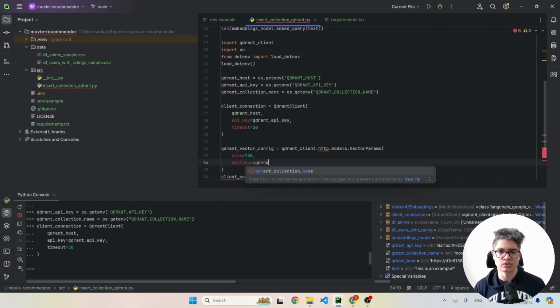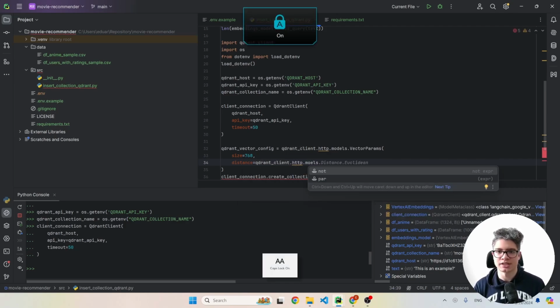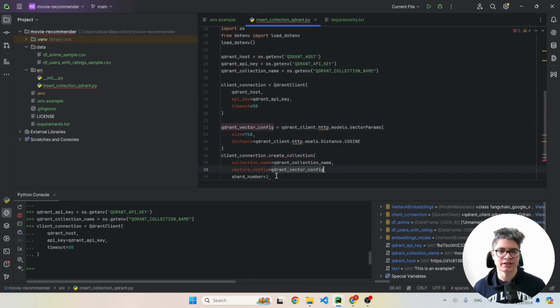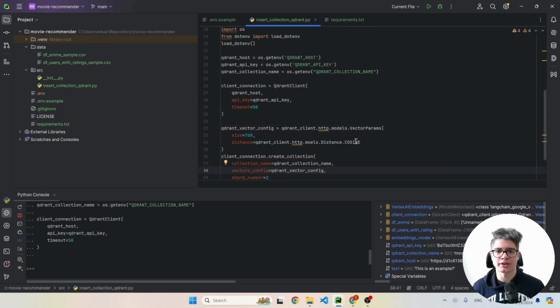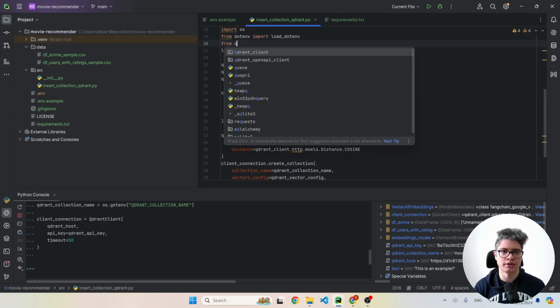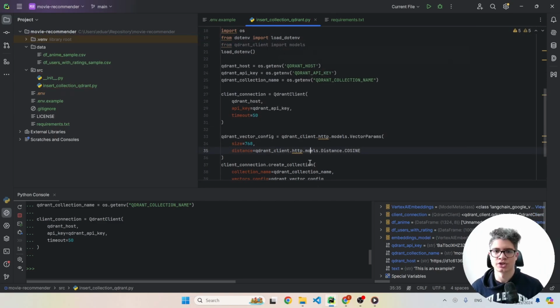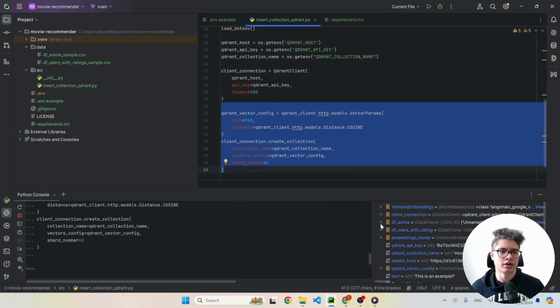In this case, let's do Qdrant client.http models, but in this case let's specify as a distance cosine. So we can assign in vectors config this configuration. Also from Qdrant we will need to import the module called models. So let's do from qdrant_client import models. So let's execute this. Now that we just created our collection, we can proceed to insert the embeddings to the